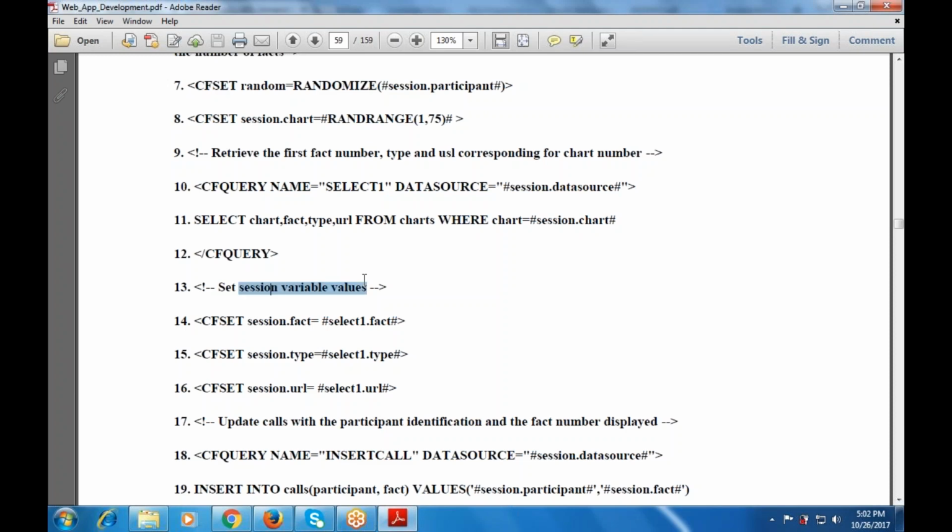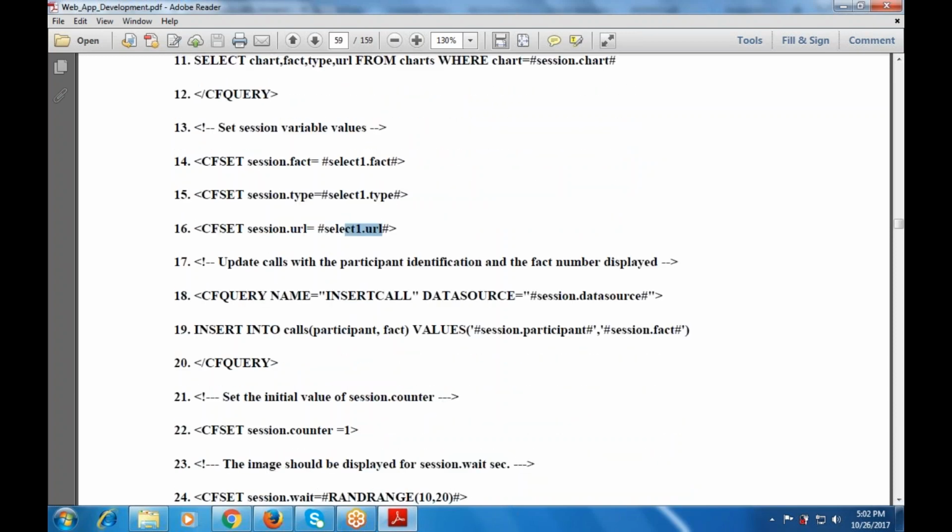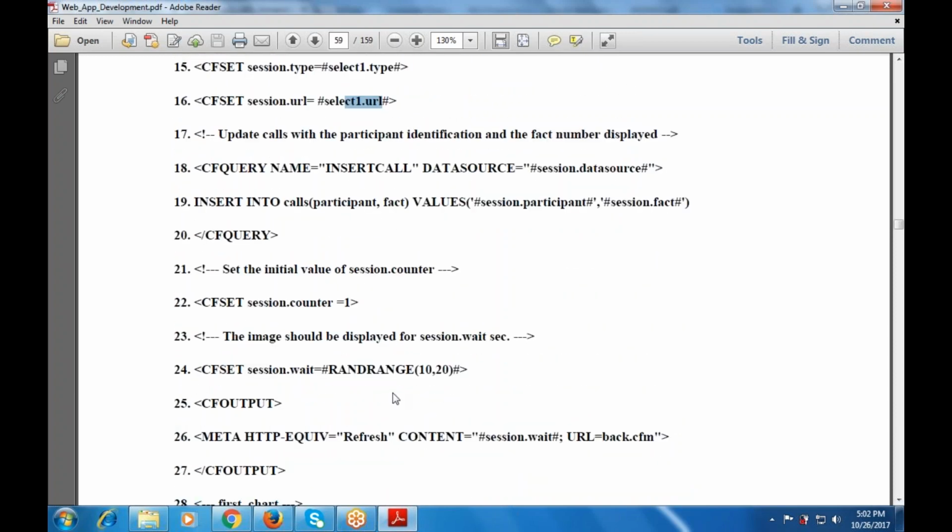Then set the session variable names: session.fact, select one.fact, select one.type, select one.URL. And with updating the course, we are using the indications for the fact number displayed. So we are taking out the insert code, data source, session.data source, insert into calls, session.data variables. Set the initial value for the session counter, CF set session counter 1, and the images will